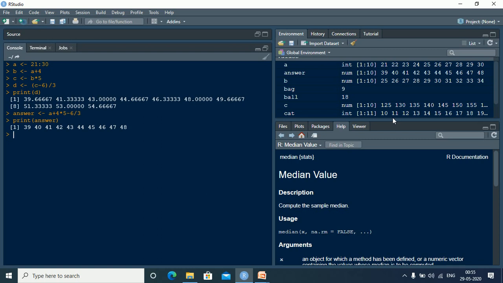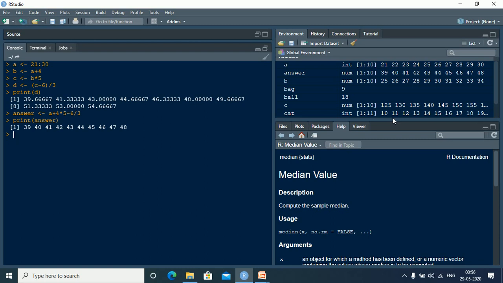Right? So now you get the values 39, 40, 41, even though we have done the same operation, but the answers from both are different. Now why does this happen? It is because R will always follow a specific order.